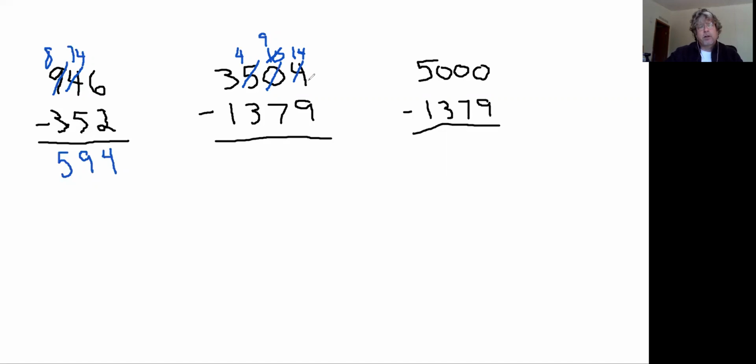So now I have 14 ones, take away 9 ones. That's going to be 5 ones. 9 tens, take away 7 tens is going to leave me with 2 tens. And 4 hundredths, take away 3 hundredths is going to be 100. And then we do have 3 thousands, take away 1,000. And that's going to leave me with 2,000. So the answer would be then